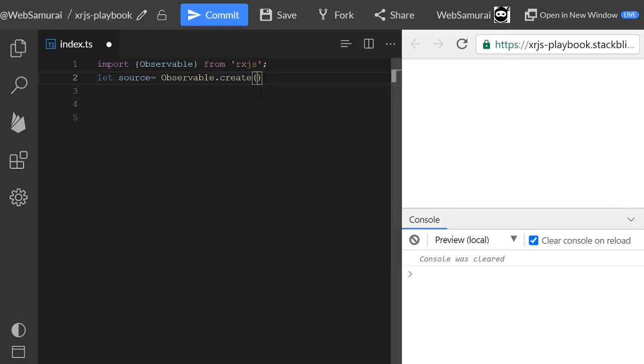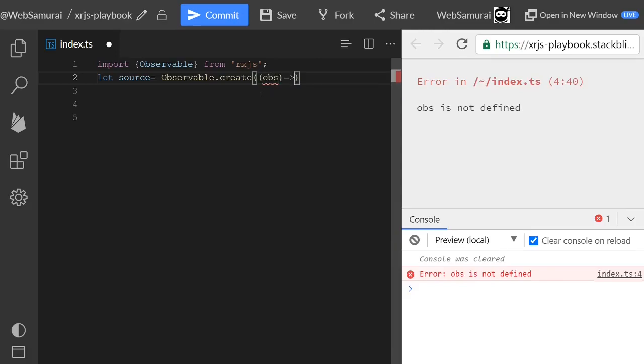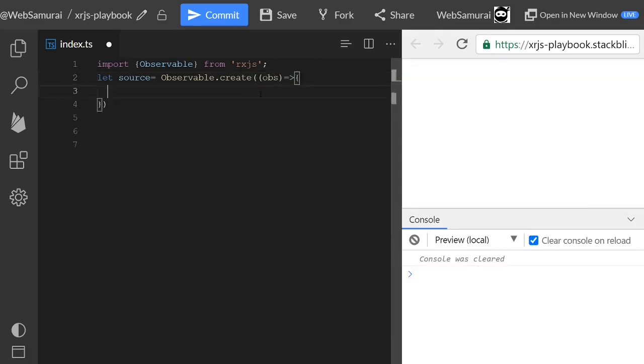I'm passing an anonymous function here with the parameter obs, and then I open the brackets. In this function we can call the observer's next, error and complete methods, and pass the values to its subscriber.